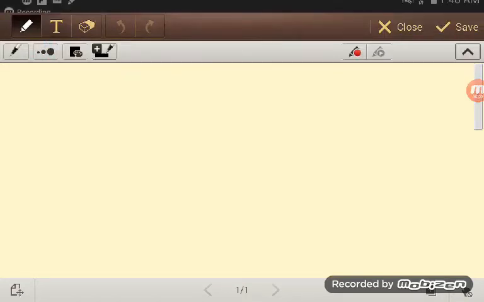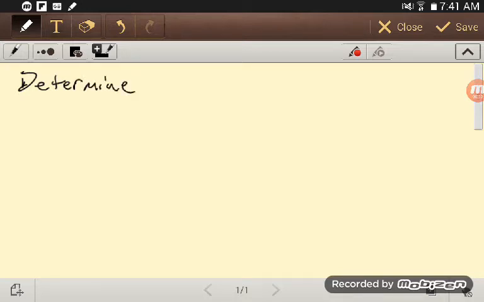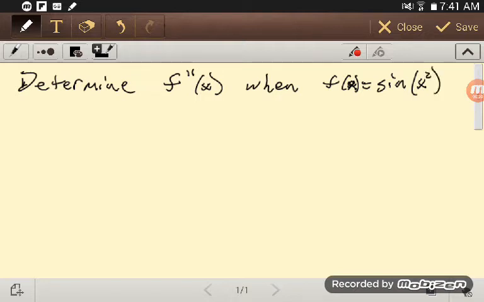So suppose a question says determine f double prime of x when f of x equals, say, sine of x squared. So suppose you're asked to find the second derivative, then